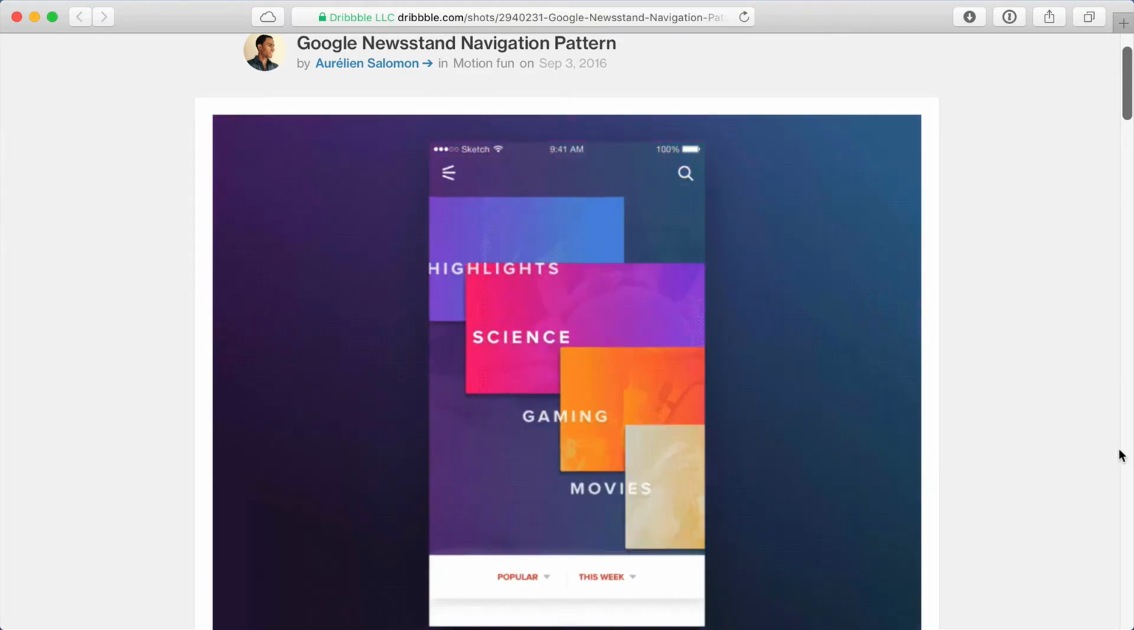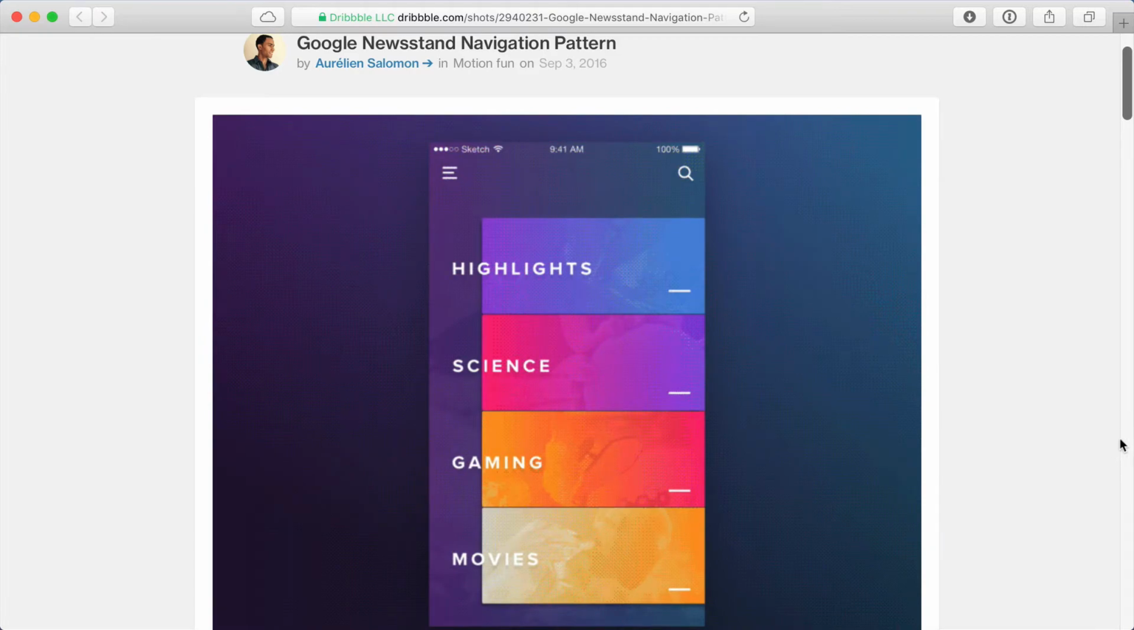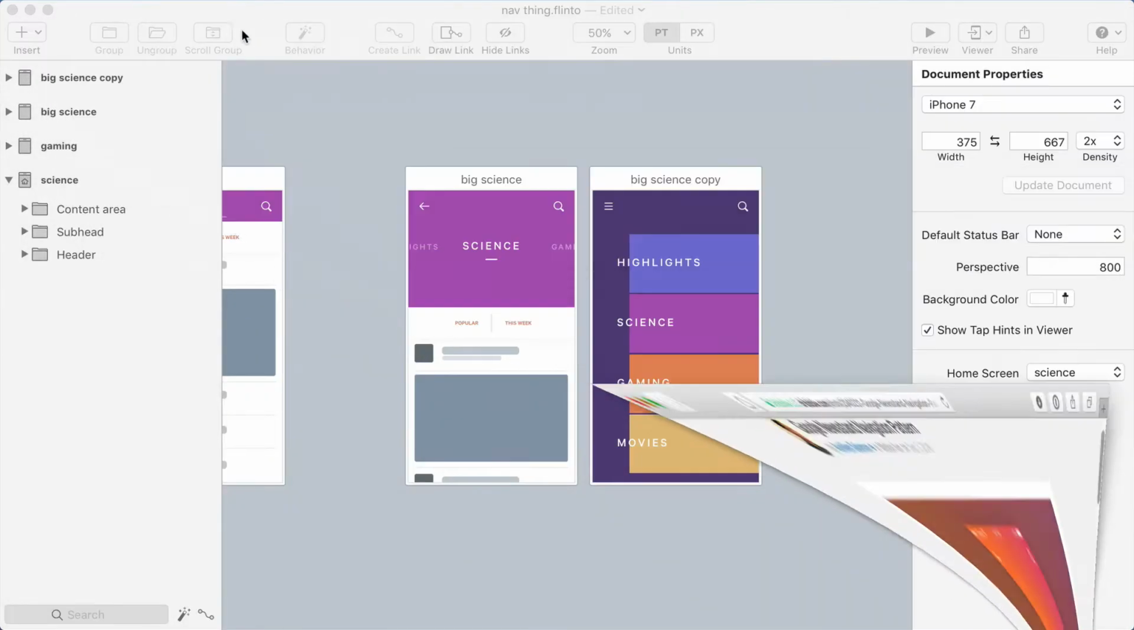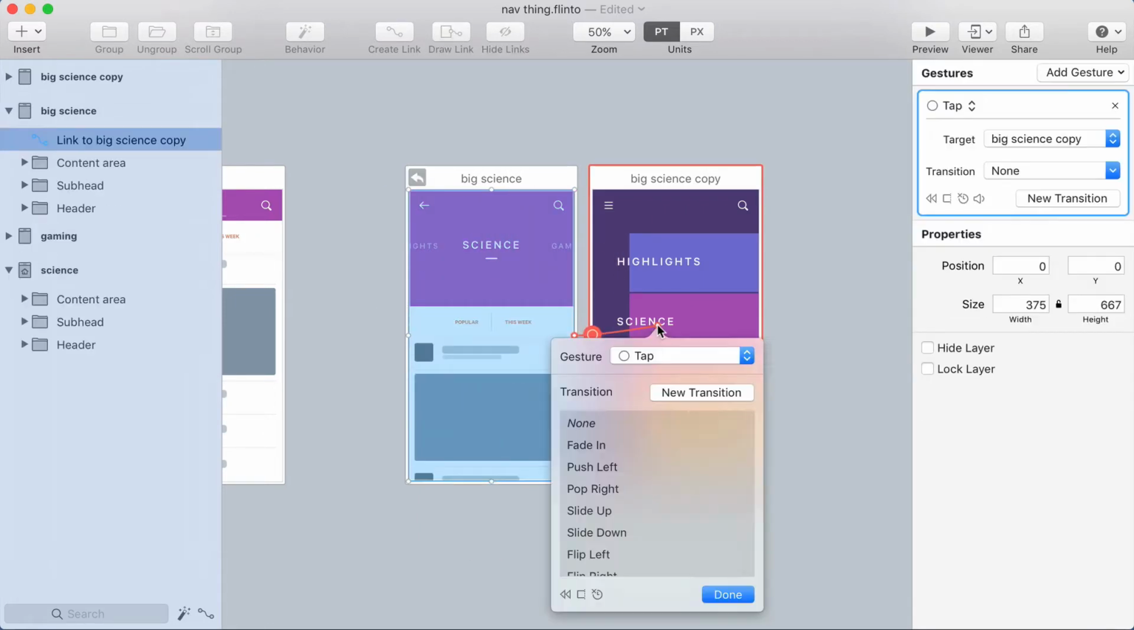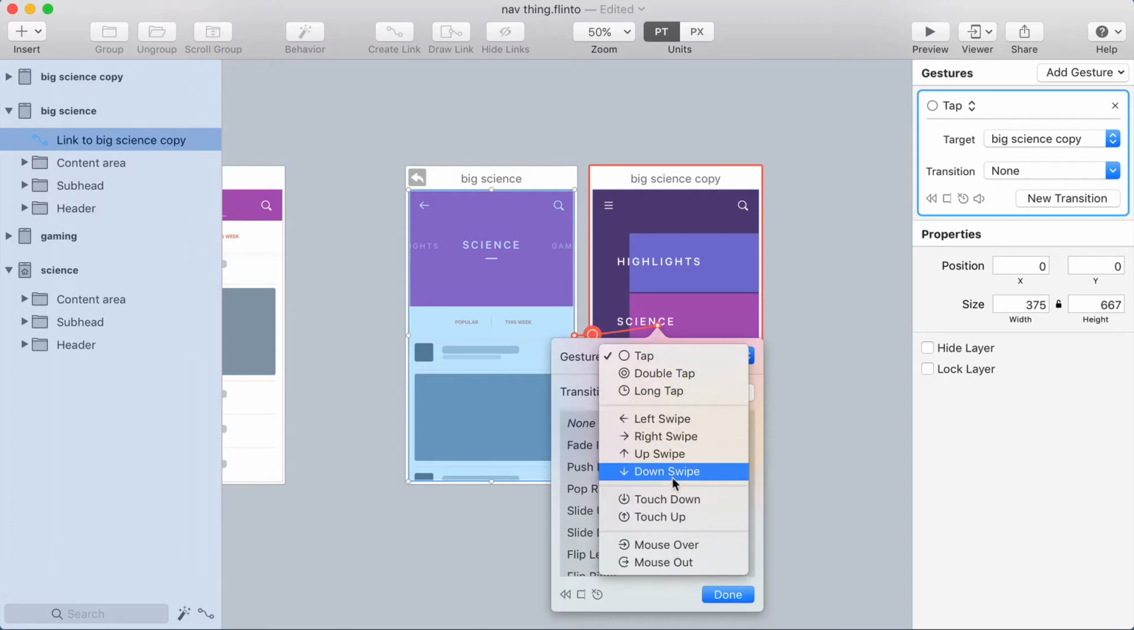Now check out that transition right there. That's the one I'm going to recreate today. So I've added a new screen to my prototype. That's this one here that has all these kind of individual cards. And I'm going to make it so that I can swipe down from this screen and go to that one. So I'll start by drawing a link on this screen, link to the other one, and use down swipe as